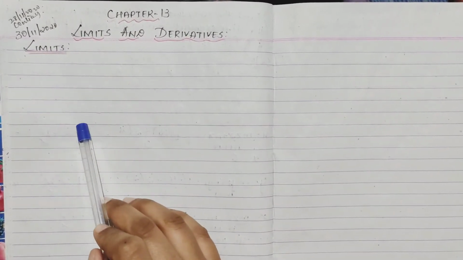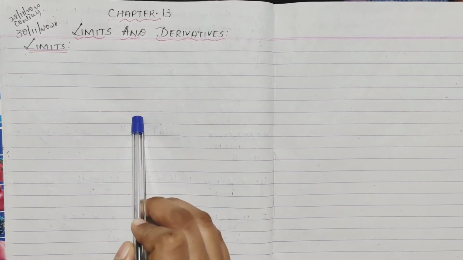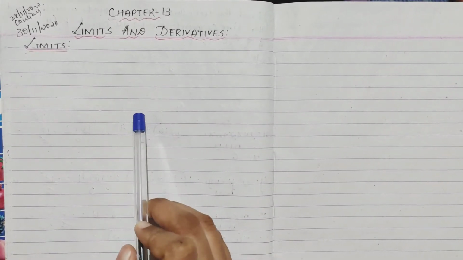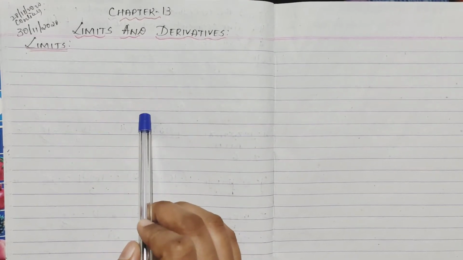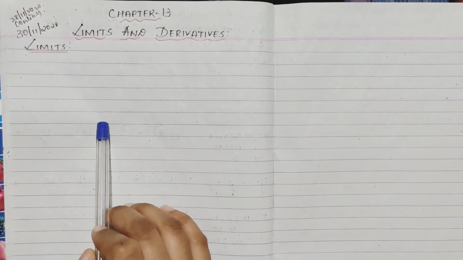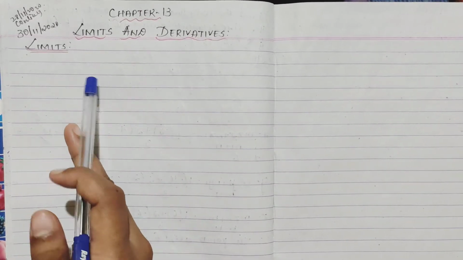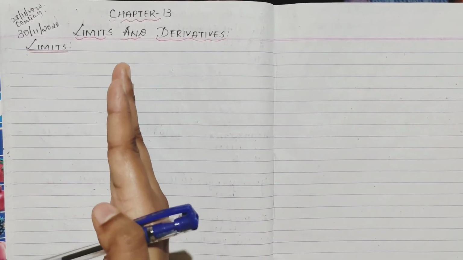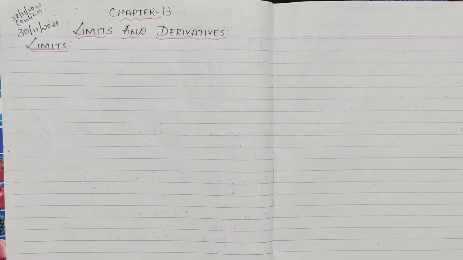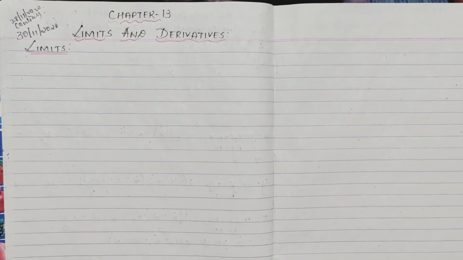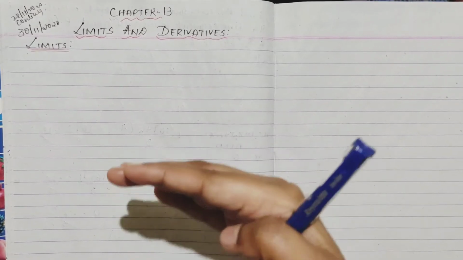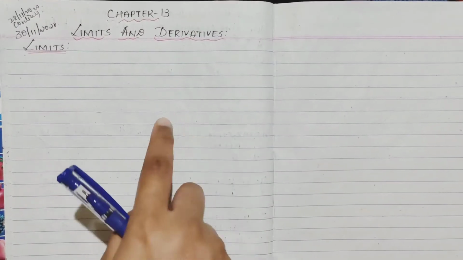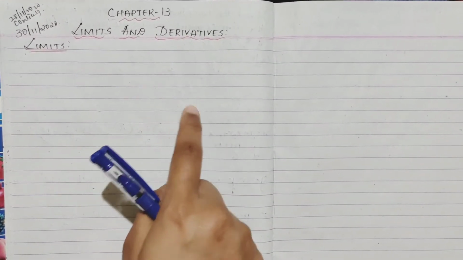Now if you are moving 1 meter forward, then obviously the front person also should move. So you can analyze how much his limit will be, up to where he can go. Till 1 meter you are moving, so obviously he should also move up to there, right? So that is nothing but what is called a limit. There is some boundary, up to there, how much is your limit?